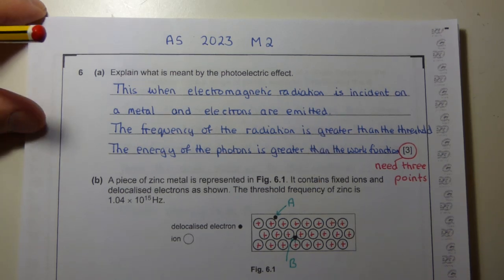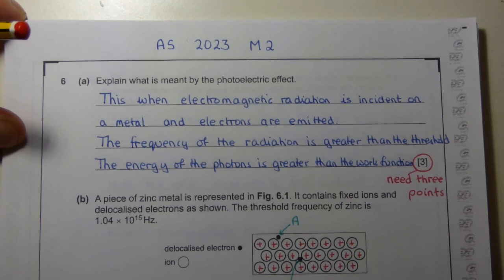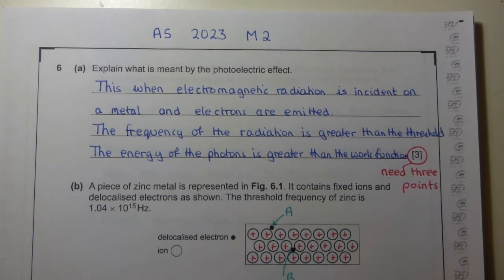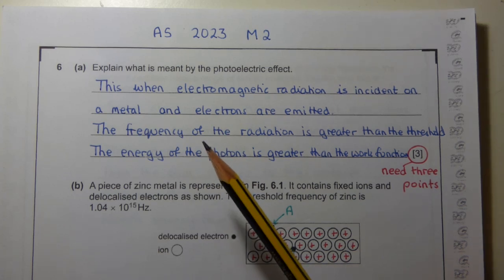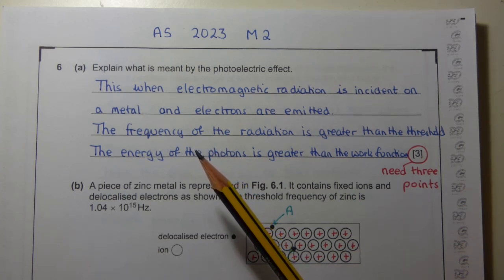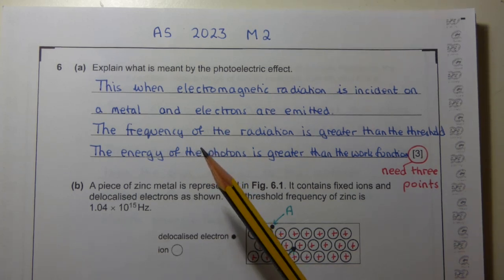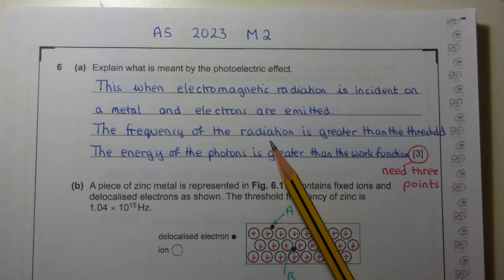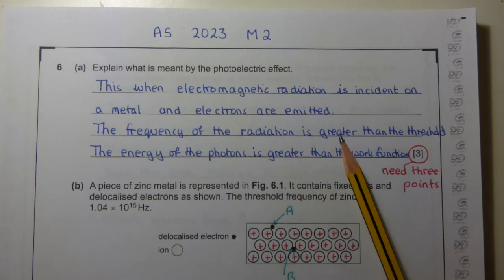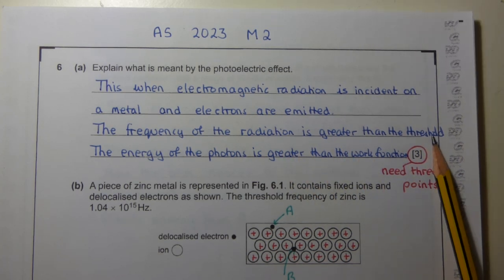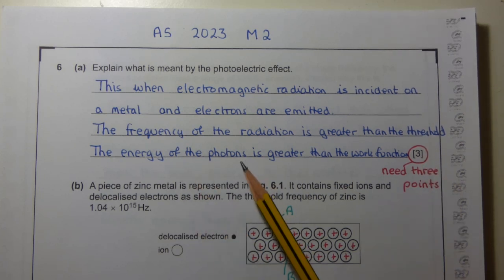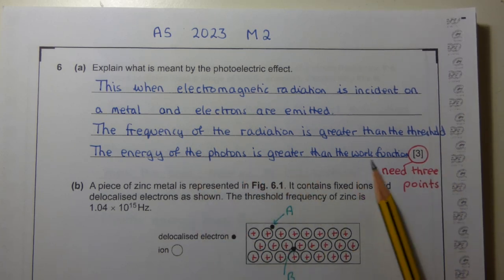But that would only be 2 points, and we need at least 3. So it's probably worth, as a matter of course, saying as much as you can about it. One of the things that they did require you to say was that the frequency of the radiation that you use has to be greater than the threshold frequency. And the reason for that is that the energy of the incident photons has to be bigger than the work